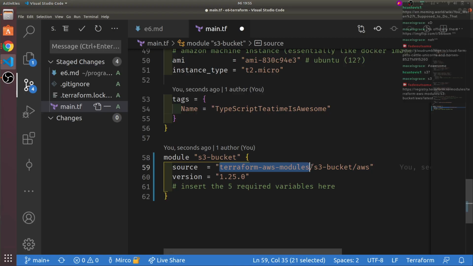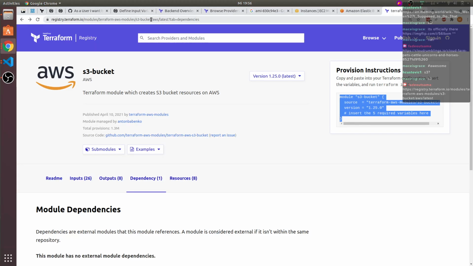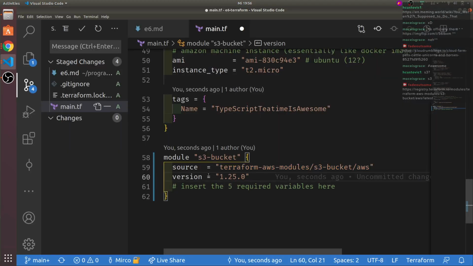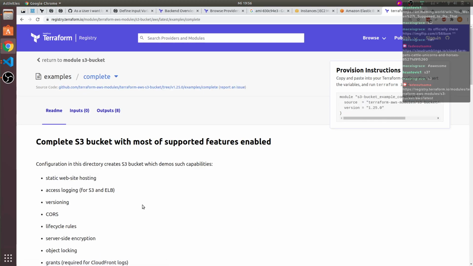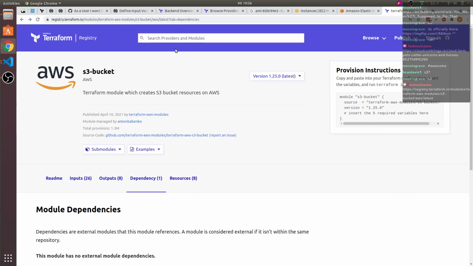It uses Terraform. So this is the source, which just pulls it probably from here. And other than that, we define a version, which is fine by me. We can look at examples even. Nice. All on this page.